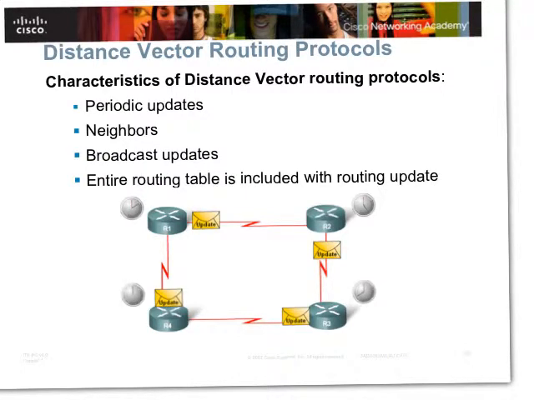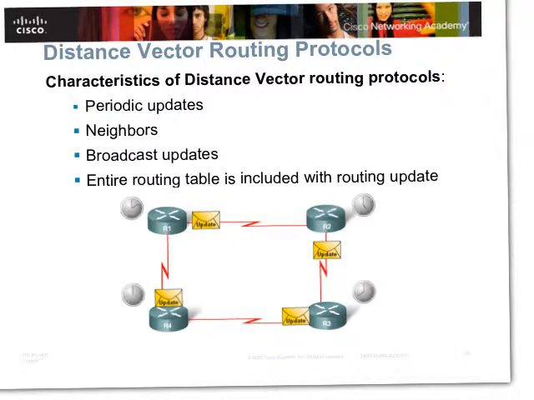So, broadcast updates. Updates are sent as one hop broadcast. Is there any other alternative? Yes, we will talk about some exceptions and other alternatives. I may, in fact, send the updates not using broadcast. I can send them using multicast or unicast. And every time I have to collect the entire routing table, which means that I don't send partial information. Every time I have to send the entire routing table, no matter how big it is.